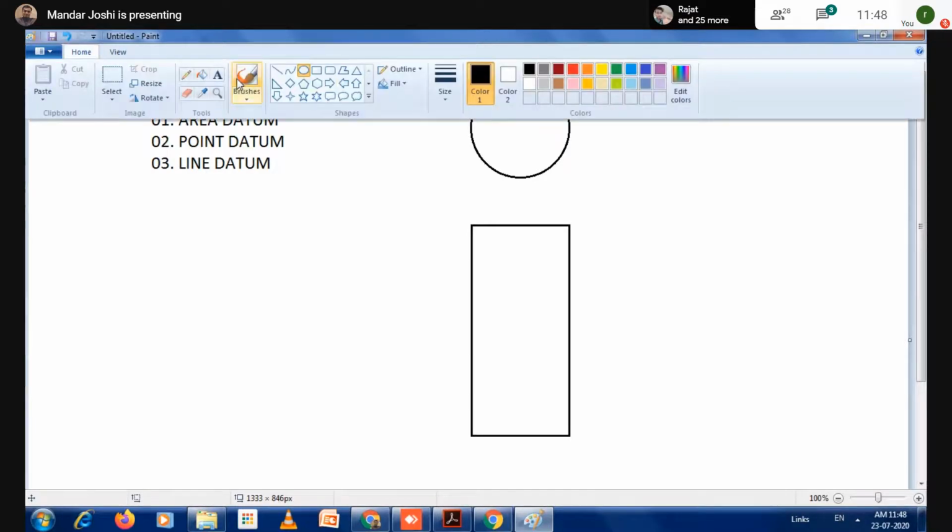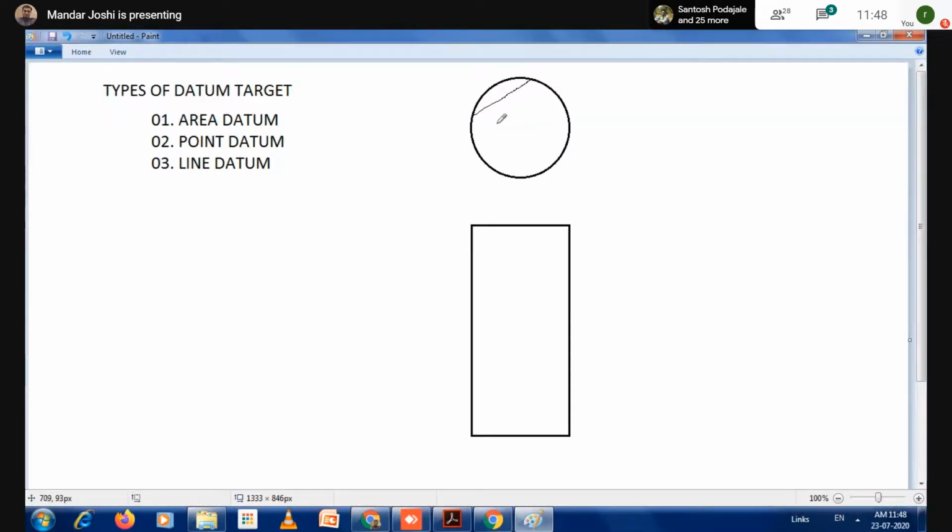Okay, and in that pin you will see the area completely, and on that area your component gets rested. That's why this target will be called an area datum target, not a point. So there is an arrangement of circular pins to rest the component. Why such an arrangement? Because in some situations you don't get a complete flat surface to rest over the surface plate. Then we arrange this kind of situation using pins, which we call the area datum.